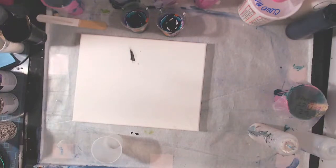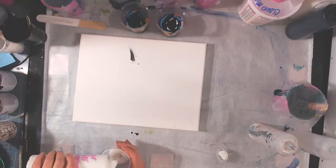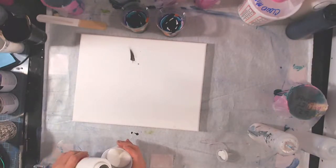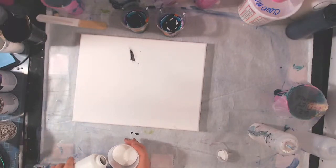I'm going to take some of this paint. Yes, we know that. That's the sad fact of the world, actually, is people care more about money than humans. So